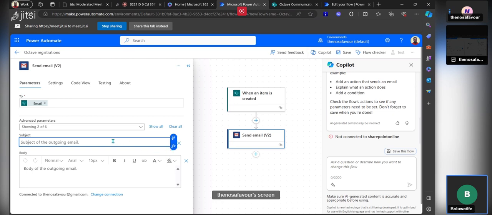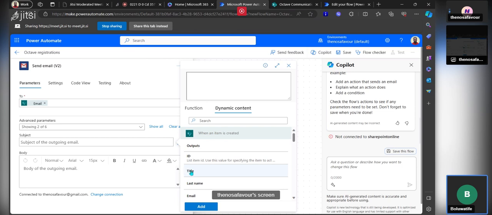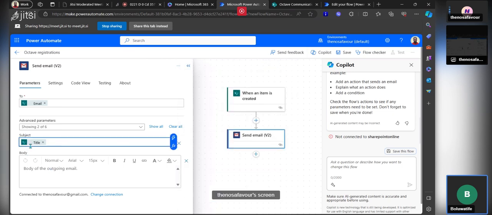The first thing you want to do, I love to personalize my mails. So for the function, I'll put the person's first name. Remember the title is the person's first name. So I'll say add. Assuming this is Boluwatife, I'll say comma Boluwatife,